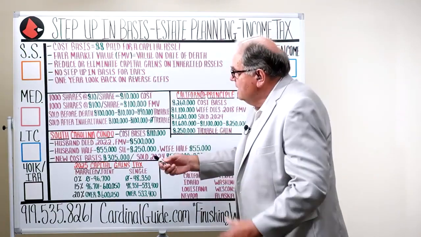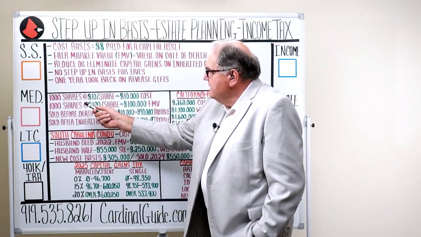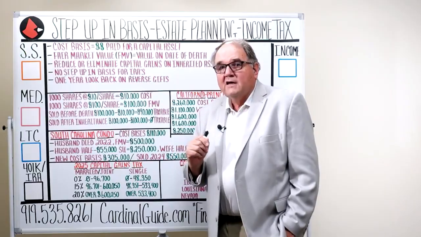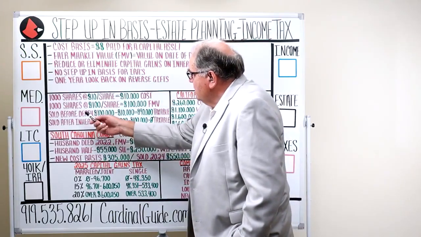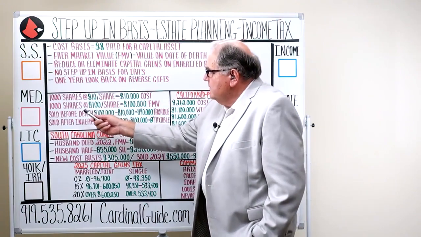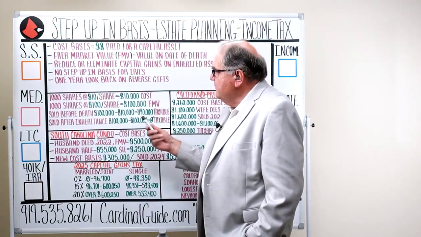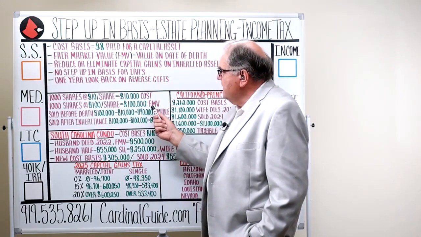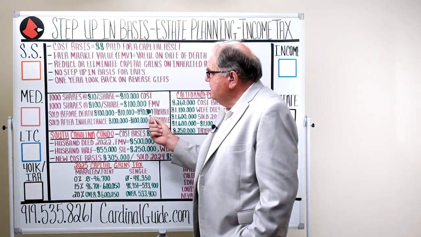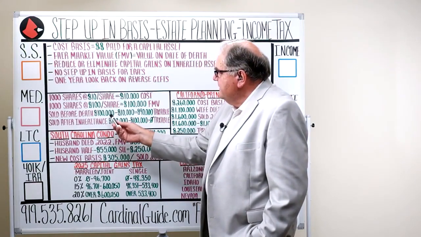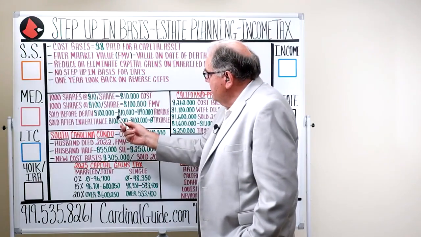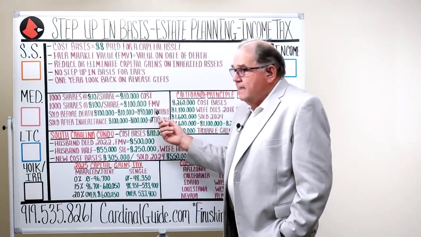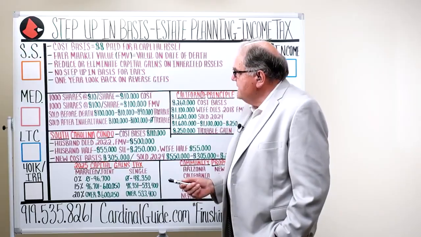We take 1,000 shares of stock that you bought at $10 a share years ago, so you have a $10,000 cost basis. When we pass away, we hold these till we die, and the stock's worth $100 a share, so it has a $100,000 fair market value. If we sold them before our death for $100,000, we'd subtract the $10,000 cost basis, and $90,000 would be taxable at these capital gains tax rates.